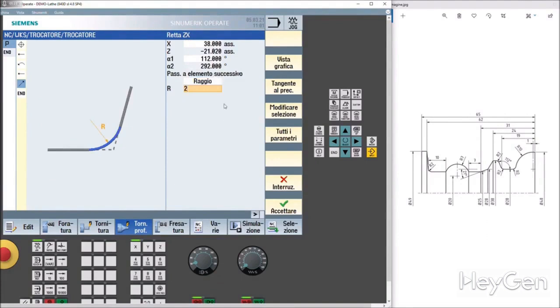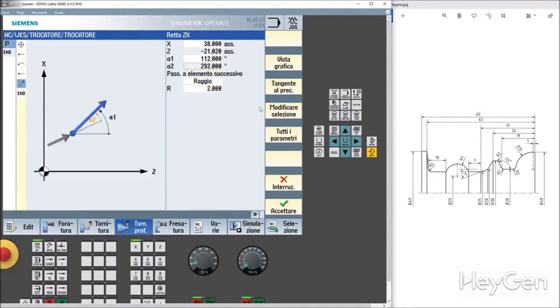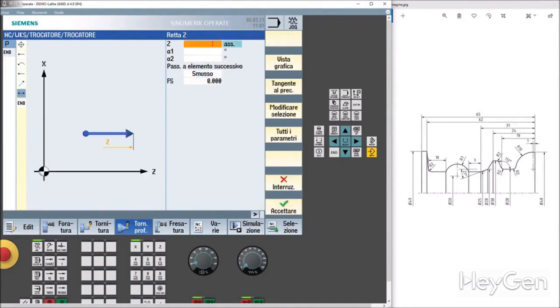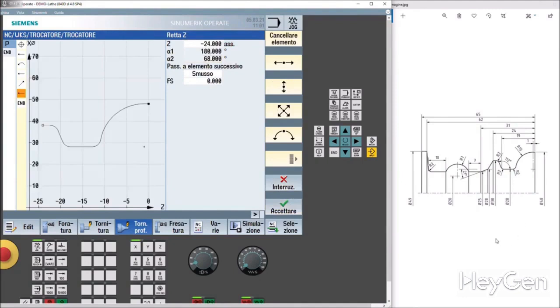I'm going fast. In the end, to show you how fast this programming is, Z minus 24 horizontally. Let's accept it. Now here, we're missing a little bit of details. We don't have the inclination. We only know that the next line is inclined and it reaches X28.